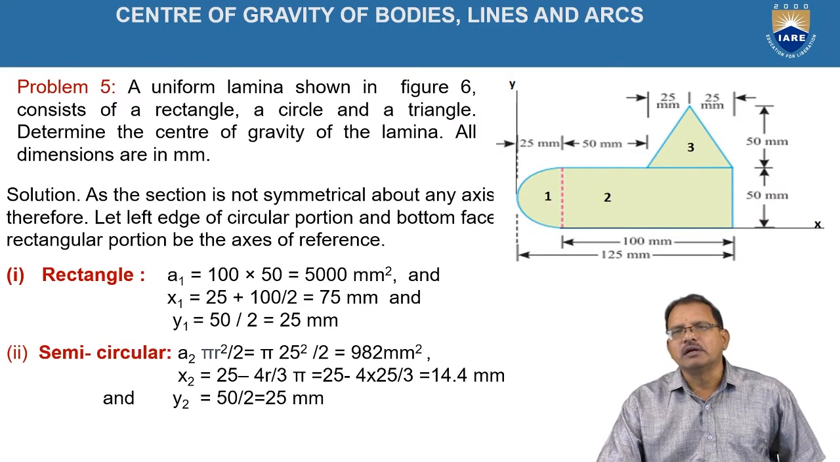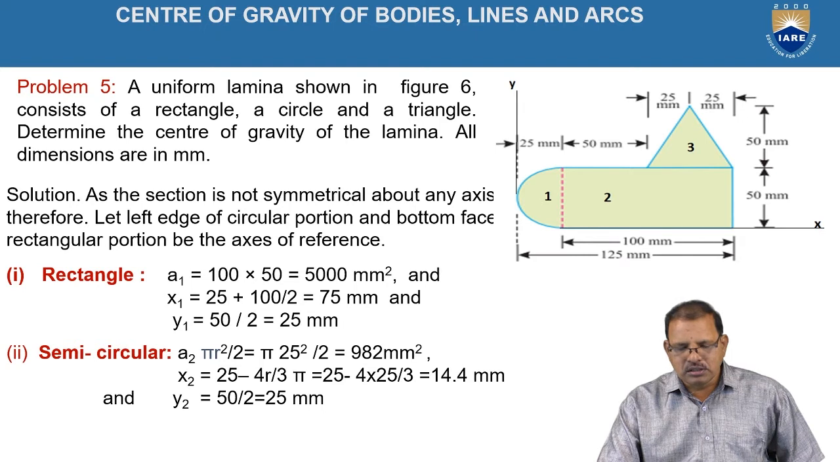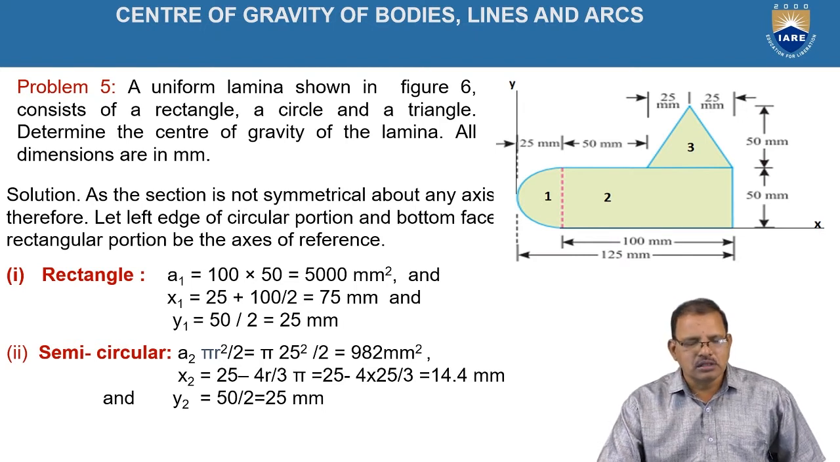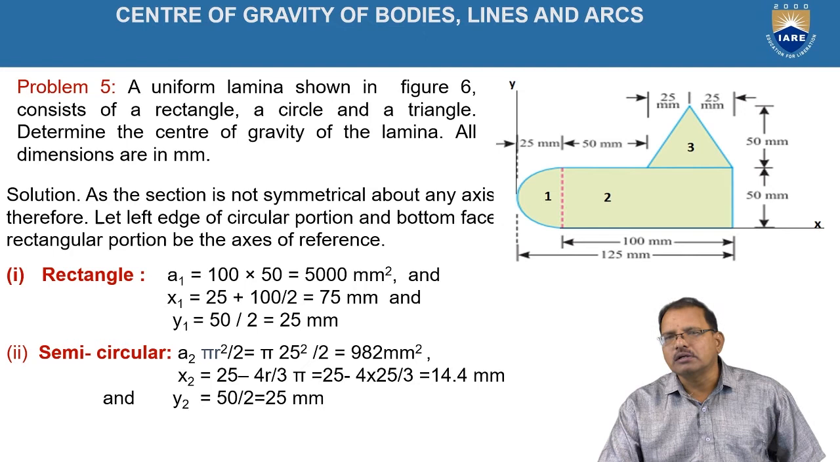Similarly, one more figure now. A uniform lamina shown in the figure consists of a rectangle, circle and triangle. Determine the center of gravity of the lamina. All the dimensions are given in mm. So, in this case again, since it is treated as a regular figure now,